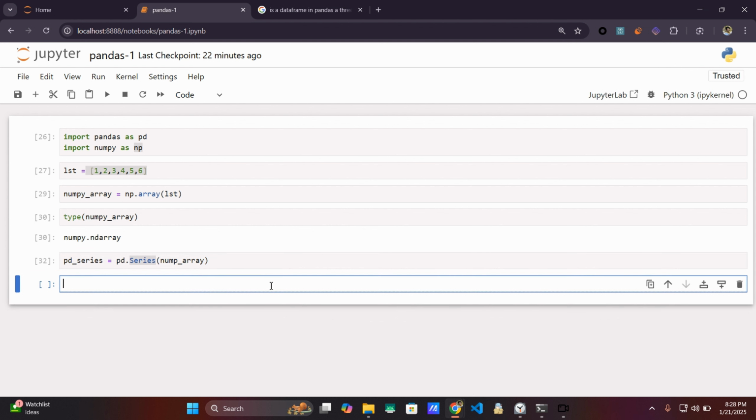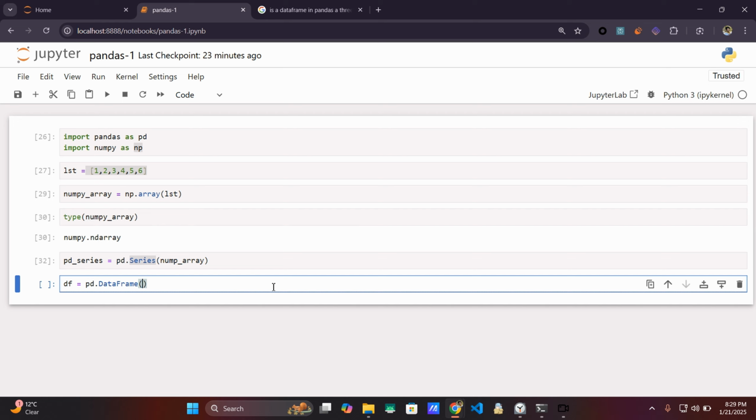Moving on to the next thing, the Pandas DataFrame. A Pandas DataFrame is also another function just like the Pandas series. By default, they are two-dimensional. Let's create a data frame. I'll use the df variable that is by default used on the internet to associate with the data frame. I'll use the same method, pd.Data, and if you press the tab button, as you can see, DataFrame is right there,